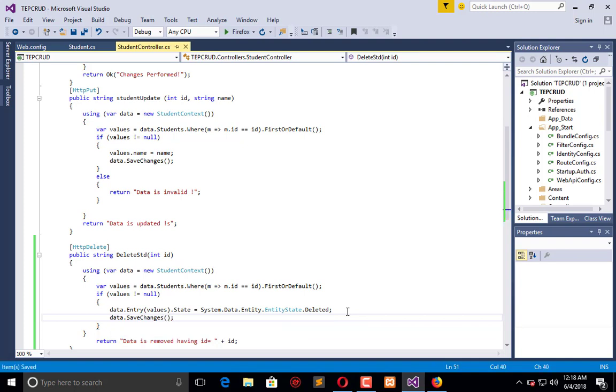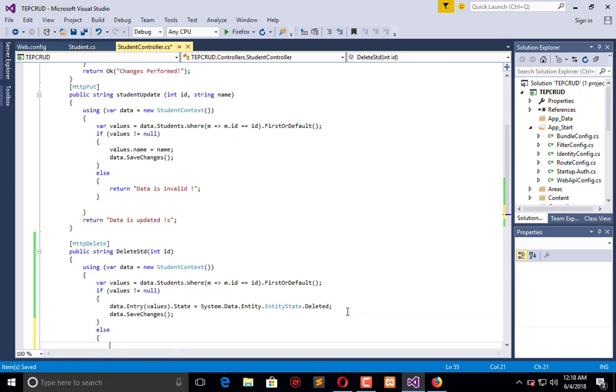Now actually what happens when I send any id with the HTTP delete request, it will find that id in my database, and if it is matched, it will get deleted, or else it shows us the error: no record found having id is equal id. Okay, so let's save it